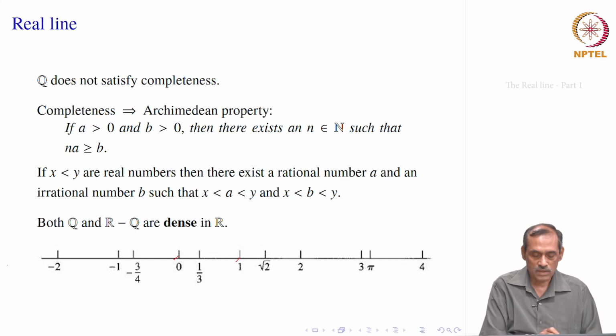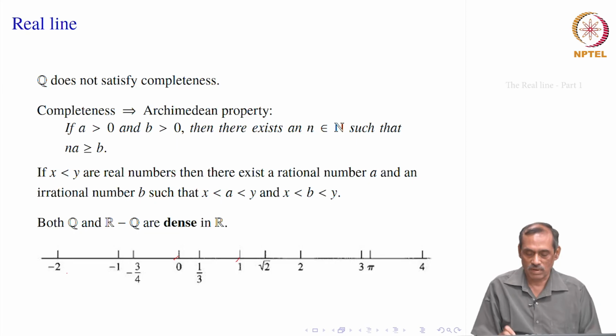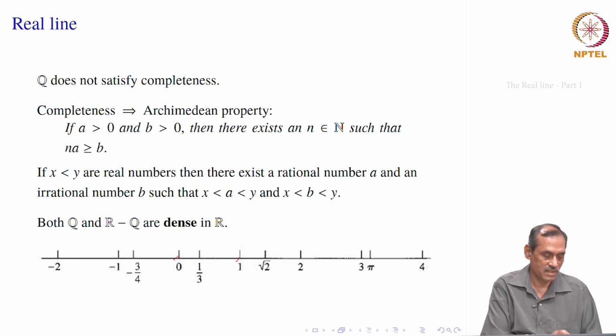So, we can think of the set of real numbers as the real line having this ordered property, where those on the left are less and those on the right are bigger, like 1 is bigger than 0 and minus 1 is smaller than 0 and so on. This is how we can visualize the real line.